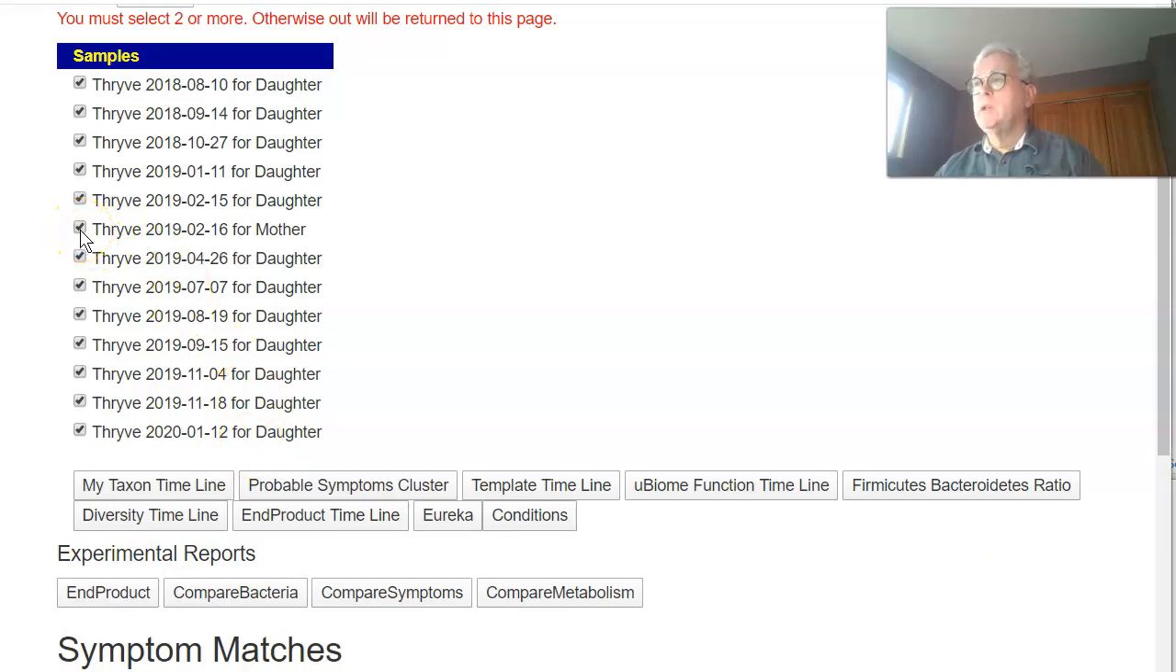Samples must be processed through the same lab. You cannot use data from different labs directly back and forth. There are ways you can get around it, but basically it should be the same lab. In this case it is. We also have the mother's result, which we will come back to later. And down below we have a variety of charts, and I'm going to focus on my taxon timeline right here,